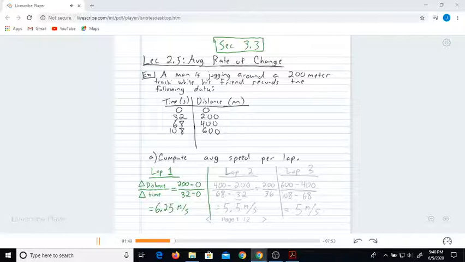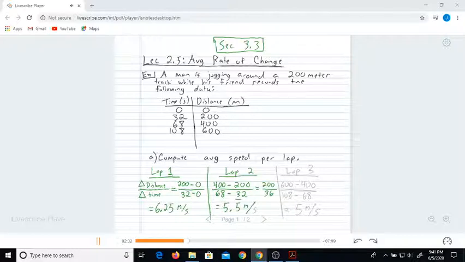Now let's look at lap 2. So lap 2 ends when he hits 400 meters, but lap 2 didn't start until he was at 200 meters. And then we have the corresponding time values. So that was 68 seconds at the end of lap 2, but he was already at 32 seconds at the beginning. So in other words, lap 2 still took 200 meters. Each lap is 200 meters, but lap 2 took 36 seconds. So a little bit slower. So when we divide, we get 5.5 repeating